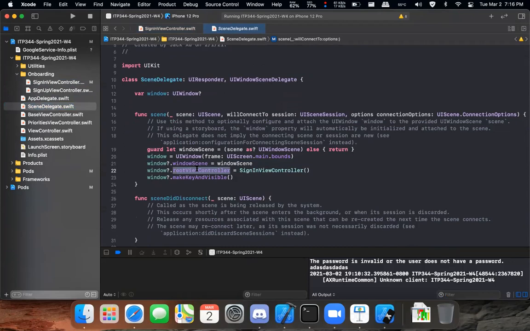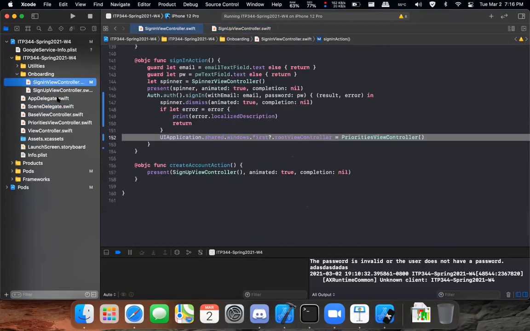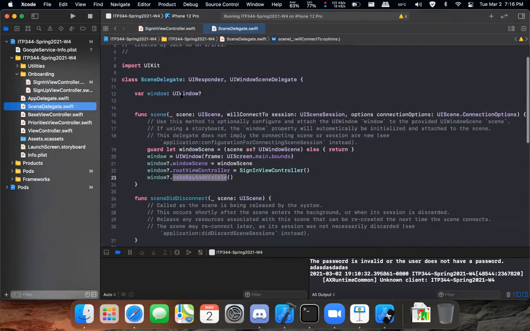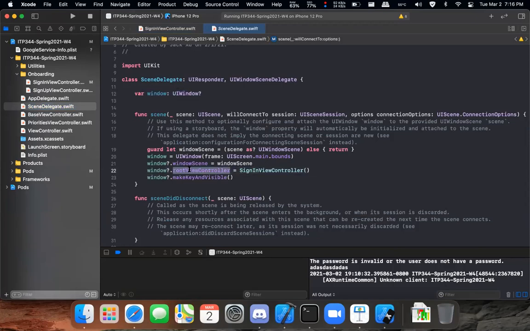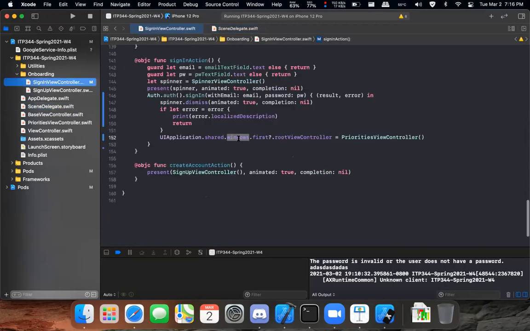So we give it a controller to start off with, and then we make the window key and visible. So here, because we don't have access to the window variable, whereas there we had access to this window variable so we could just do window.rootViewController = controller, we have to call this kind of global object, your